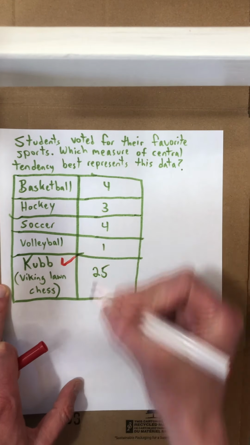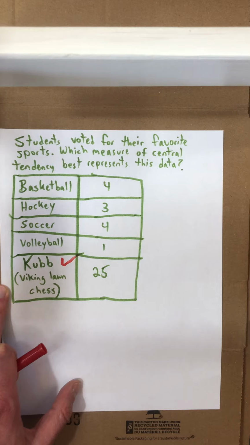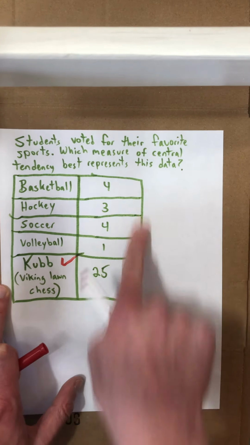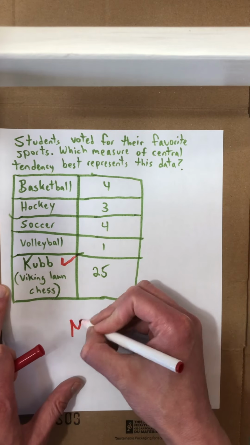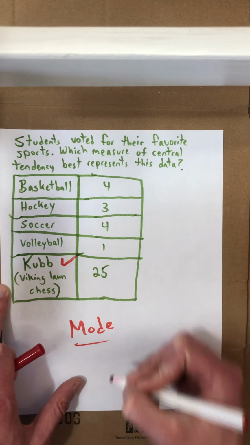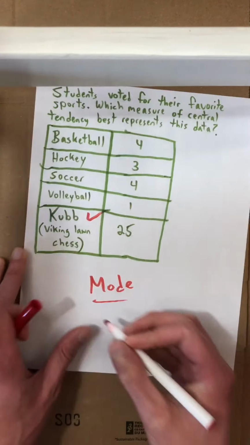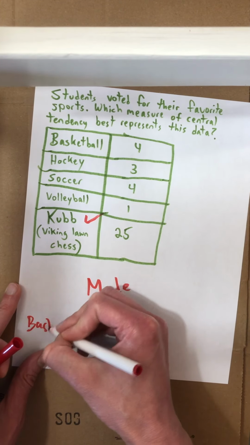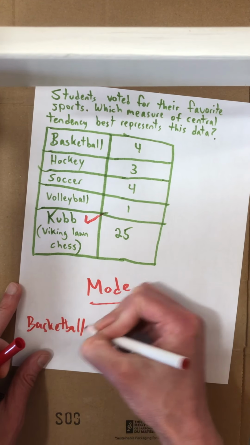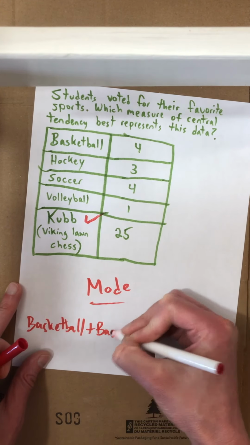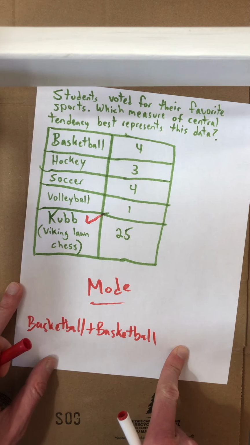So clearly, this is a class with really good taste because Cube is a lot of fun to play in the summer. So what kind of measure of central tendency is this? Well, what we're doing here is we're looking at mode. If I was to take basketball as a word and I was to try to add another word basketball to it, and then again, and then again, and then I add 3 hockey words and I add 4 soccer words,